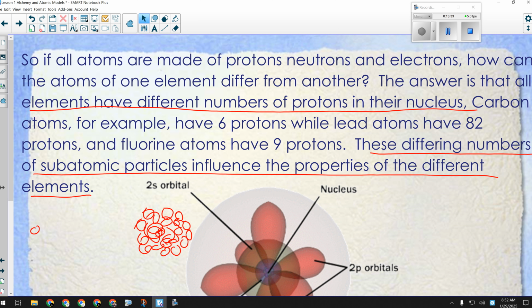When those neutrons hit it, it's like the beginning of a game of pool. You've got a break, right? You've got the triangle made up of the balls. The cue ball comes in, hits that, and they split apart. It's kind of like that, except it doesn't split into that many pieces. But it splits, it'll break apart, and when it does that, it releases a whole bunch of energy. Even on a small single atom scale, it's a lot of energy.